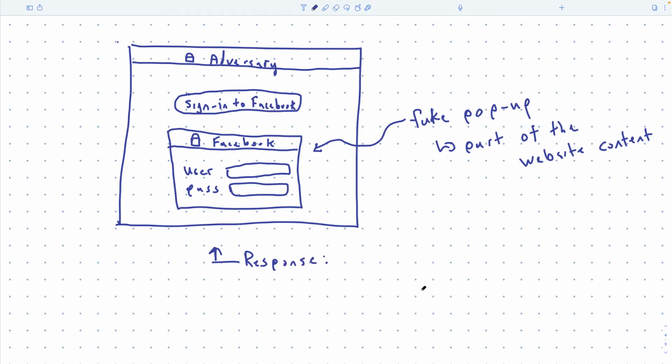Okay, and so I said this doesn't work so well anymore. And the reason is that browsers now really don't use pop-ups. Okay, what they'll do is they'll force a new tab instead. Okay, and a new tab you can't fake, right? Because you have the tab bar. The tab bar is part of the browser, and so I mean you could have a tab bar and then a fake tab bar underneath it or something like. Maybe there's some way, but it would look suspicious anyway. Okay, so the response is to force new windows or new tabs.